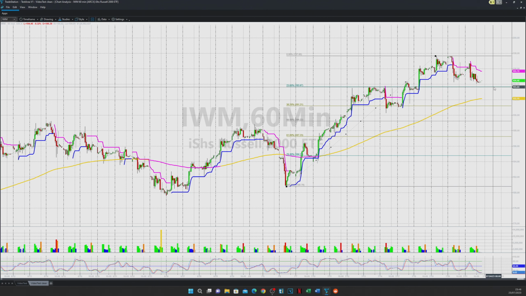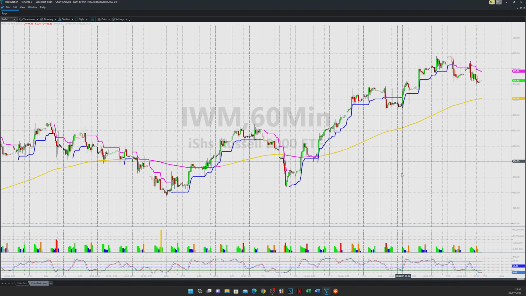So it could reach to the 193 to 192 area. 191 is also a good one. But probably many people will see this as a head and shoulders if it reached there and made another shoulder for a pattern for the move to the downside. So probably the buyers won't give it any chance yet. I'm biased to the downside in the short term, in the 1 hour, because you can see it wants to reverse and reach to the 200 area and bounce and retest it, which is a good one to retest.